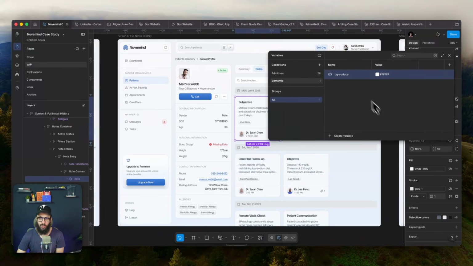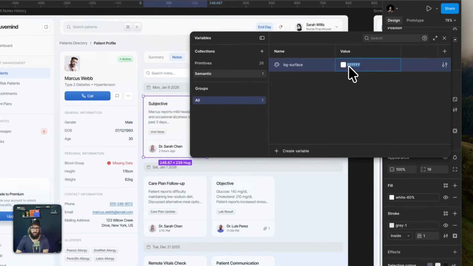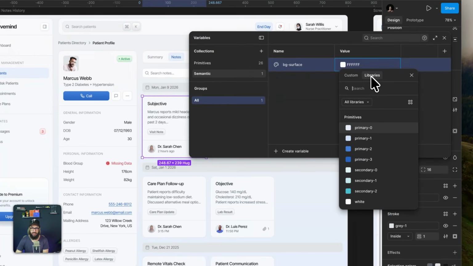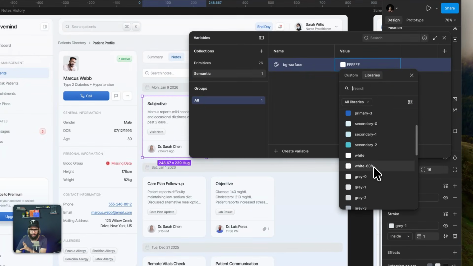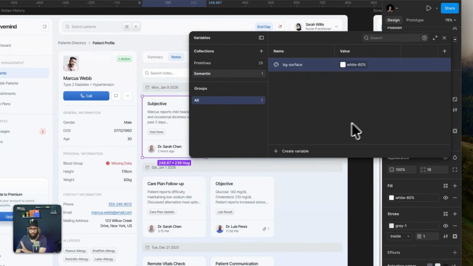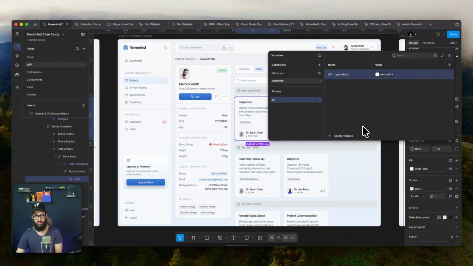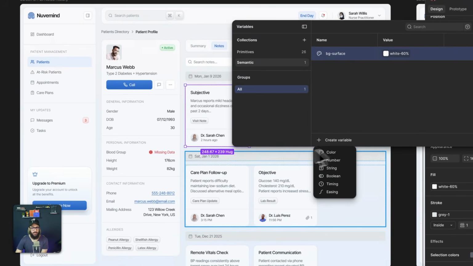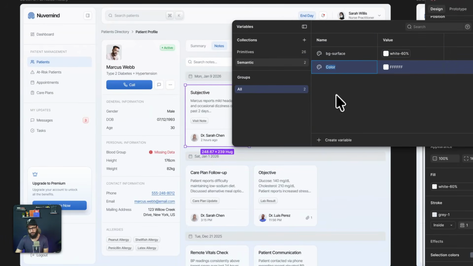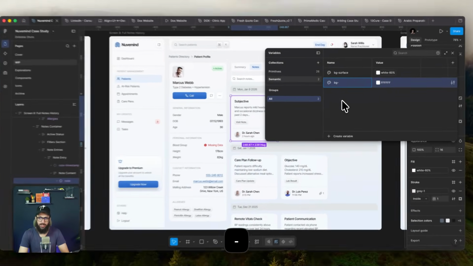So the surface for most of these cards, and anything that basically sits on a surface, is going to be white 60. Even though I don't like the term white 60, I think that primitive should be updated, but let's assume that I don't change that. That is going to be your BG surface. And then we're going to have another BG surface, which is something that I actually need for my date separators. And that's going to be BG-